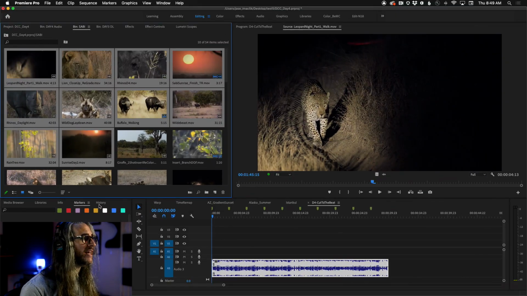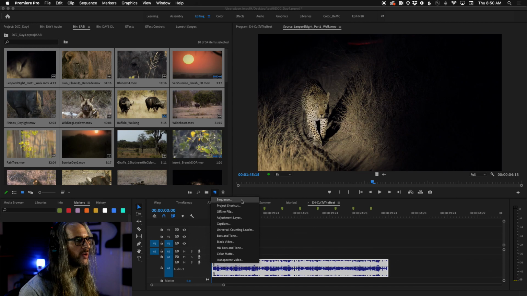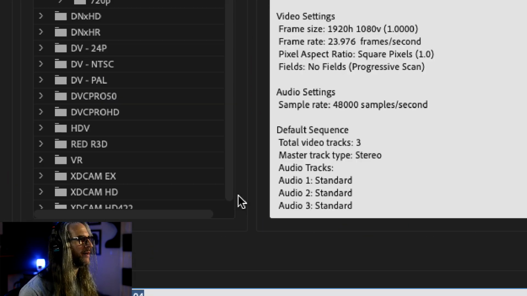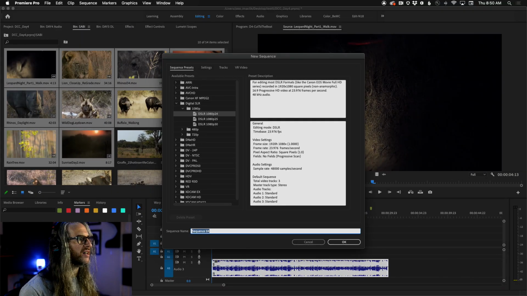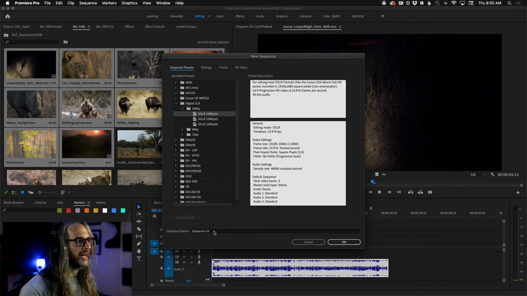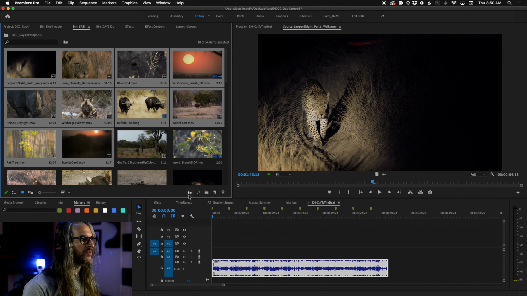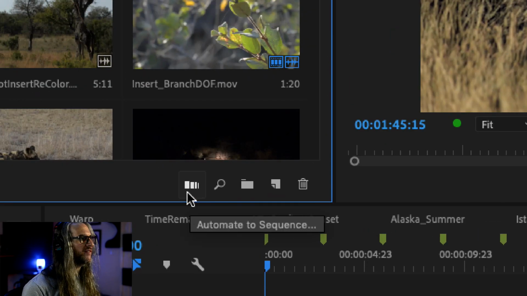Oh, by the way, it's worth pointing out, if you're going to use my footage, you're going to want to make a new blank sequence, and you can do that by clicking on the New Item button here, going to Sequence, okay? For my footage, you're going to find the preset you want under Digital SLR 1080p 24, all right? In this case, I just titled it Cut to the Beat, click OK, and it'll make a blank sequence, and drag your audio file in there. I selected my audio, selected my video rather,